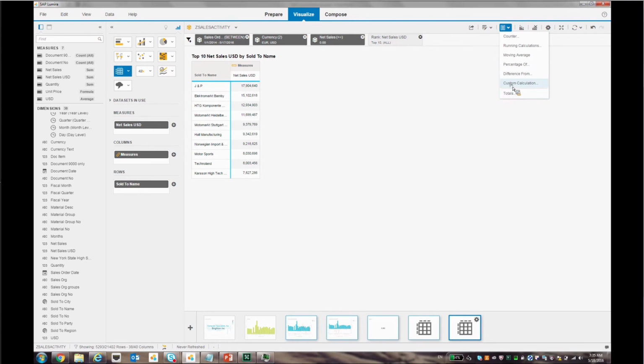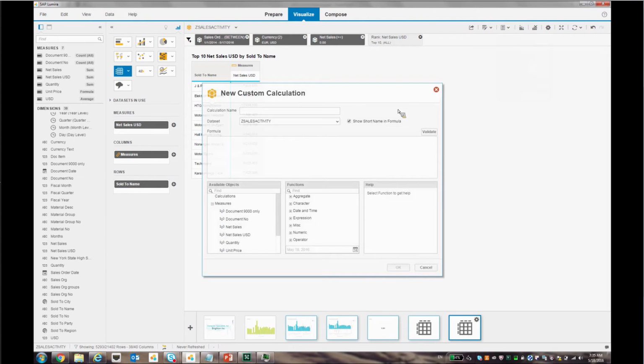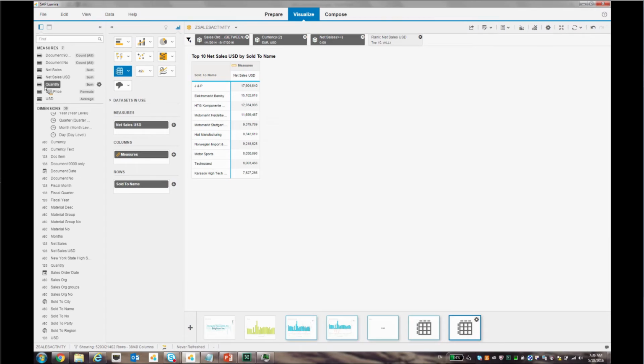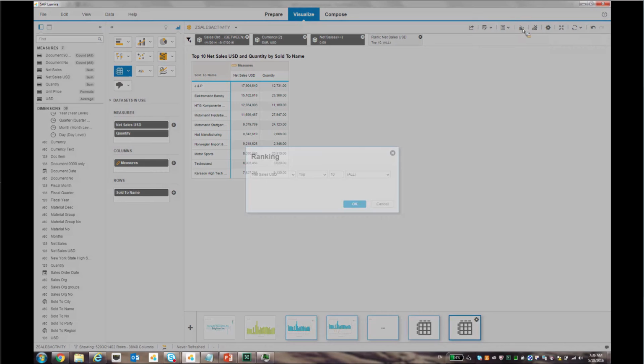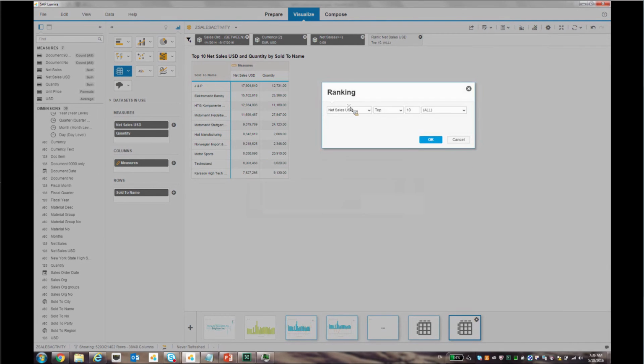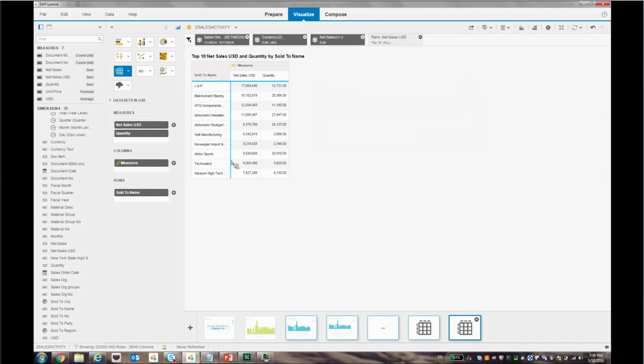Let's say I wanted to do a custom calculation. The first thing I'm going to do is also bring in my quantity. So I can do various formatting, like I can set the sizing of the crosstab and also the fonts and things like that. So for the ranking, I have the ranking, and the next thing I want to do is